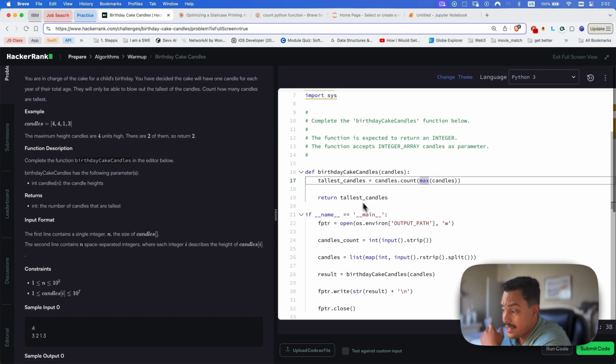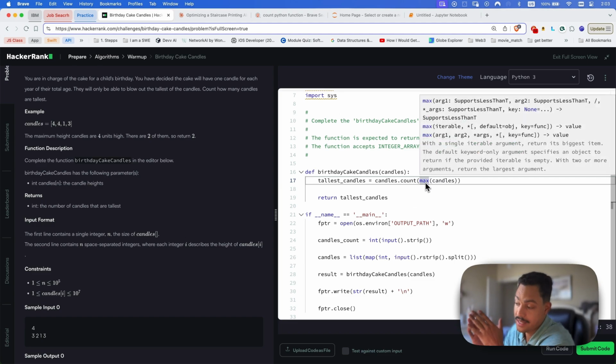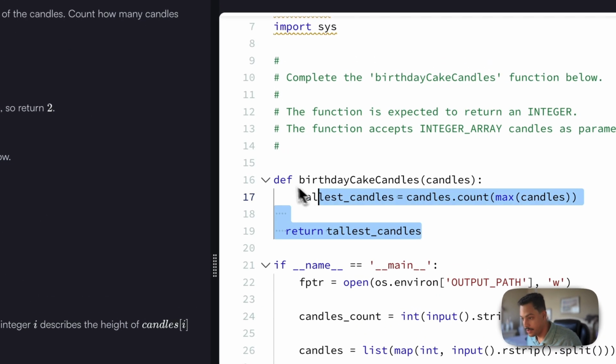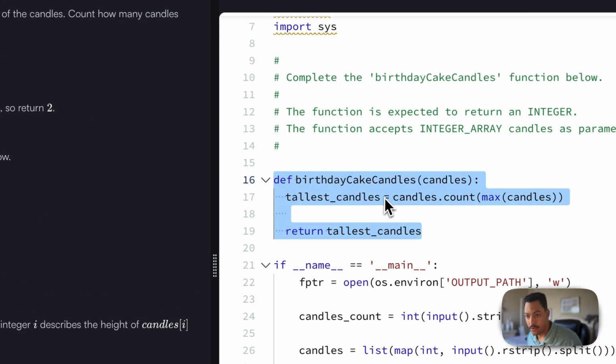But it could be just a list of 60 elements that are the same. So I have to count over that, so that input grows. So I think it would be an n log n time operation. I could be totally wrong. But I'm going to